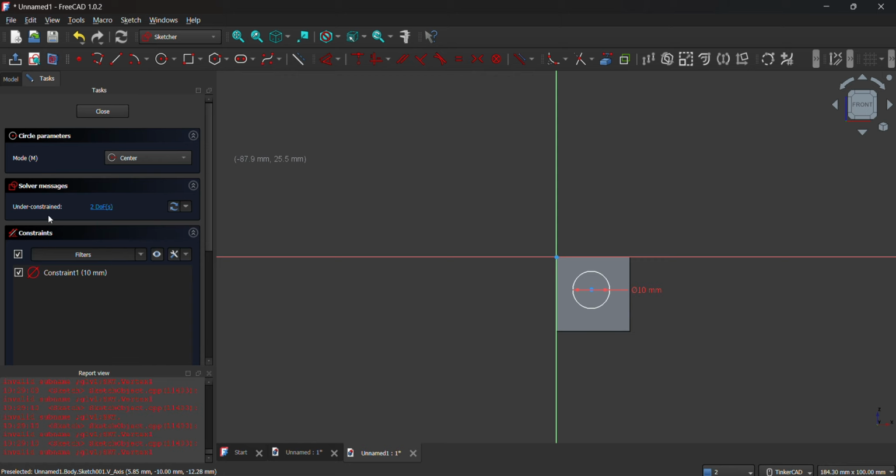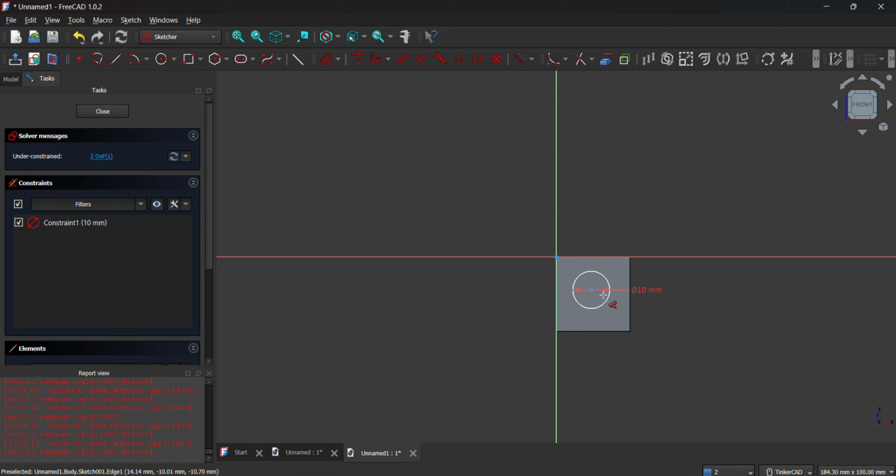It's not green, it's under constraint. So make sure it is at the center. Click here and make sure it's 10 millimeters to make sure it is at the center from this area. Please note that sometimes this one is not clickable because since it is already 3D, the software is sometimes confused about which point you are really pointing to.